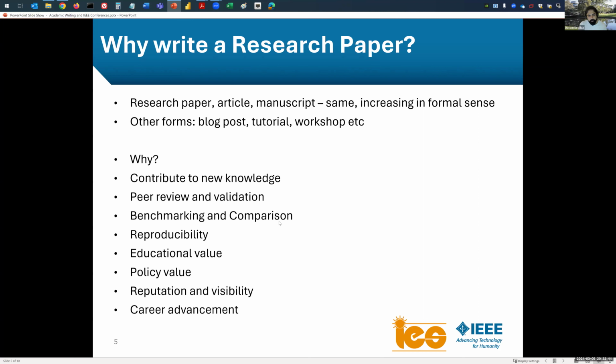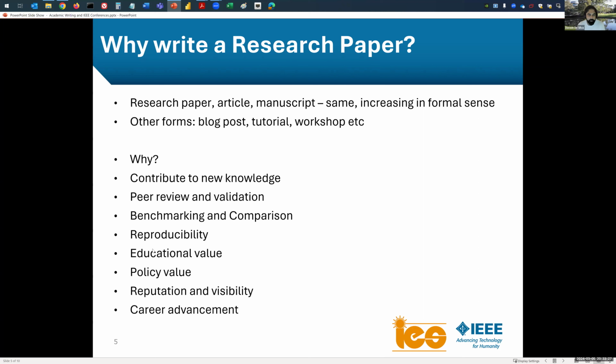Benchmarking and comparison. Similar to peer review, it gets compared with other research, and that means we get to evaluate how good your research is. And it might be that your AI model is proven to be faulty or is underperforming, but that's okay because you've contributed that knowledge. So even a failed research hypothesis is good research. But if you fail many times, that's not really good. That means you're sort of playing a game there. So failed research that is replaced next year or next month is also good because you push the boundary. It's been accepted for publication and you push the boundary.